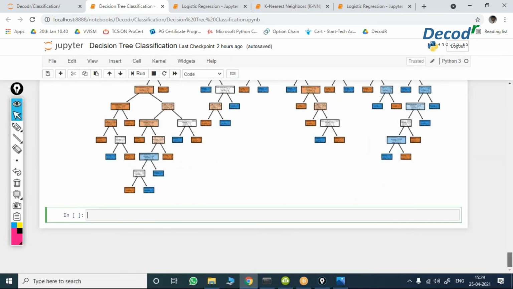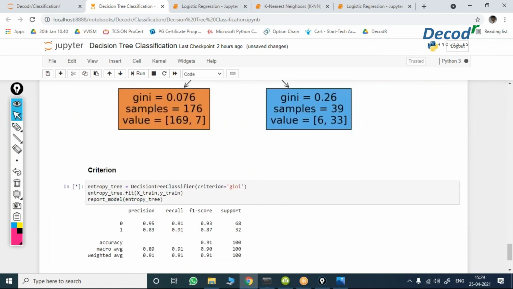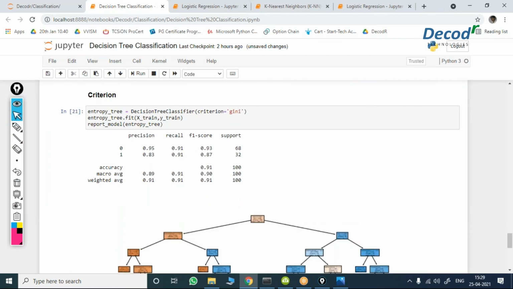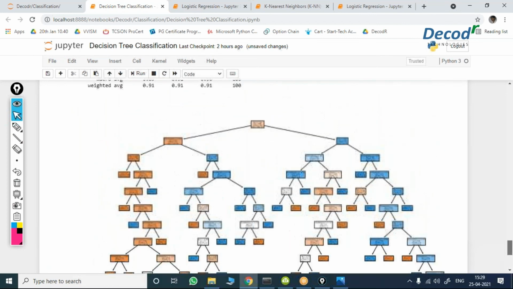So let us make it with respect to Gini. Instead of entropy, let us take Gini. So this is based on the Gini index. Okay, let me save this image.